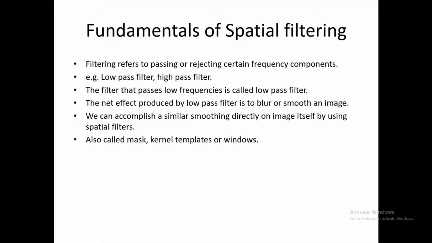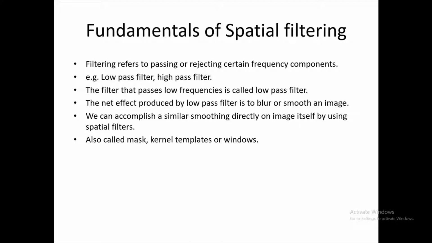The filter that passes low frequencies is called the low pass filter, and the filter that passes high frequencies is known as the high pass filter. There are other filters such as the band pass filter, and this type of filter passes only a certain band of the frequency. And the net effect produced by the low pass filter is to blur or smooth an